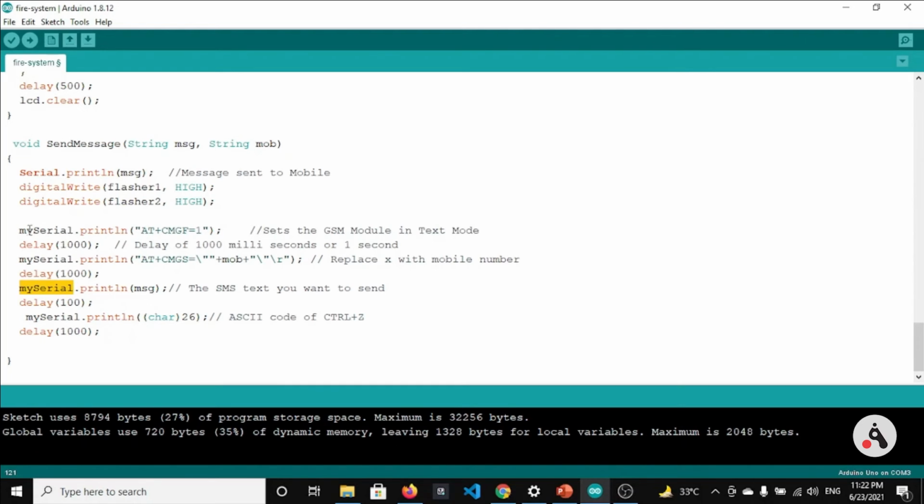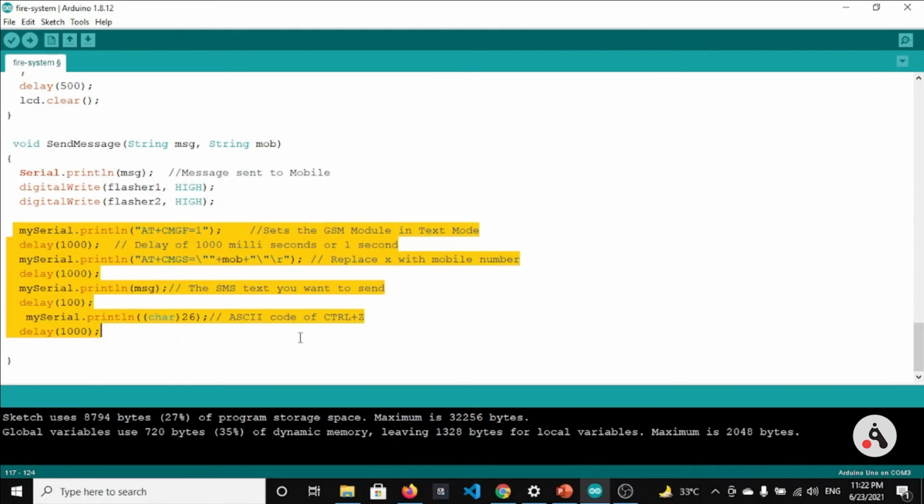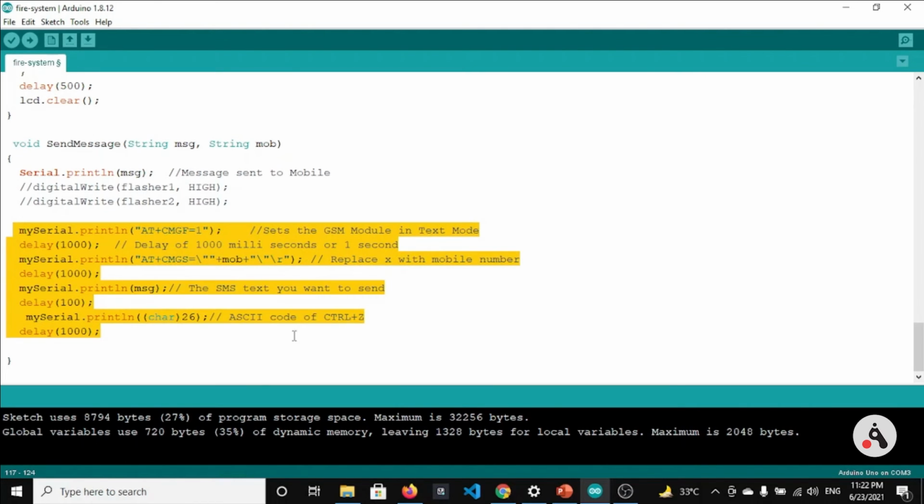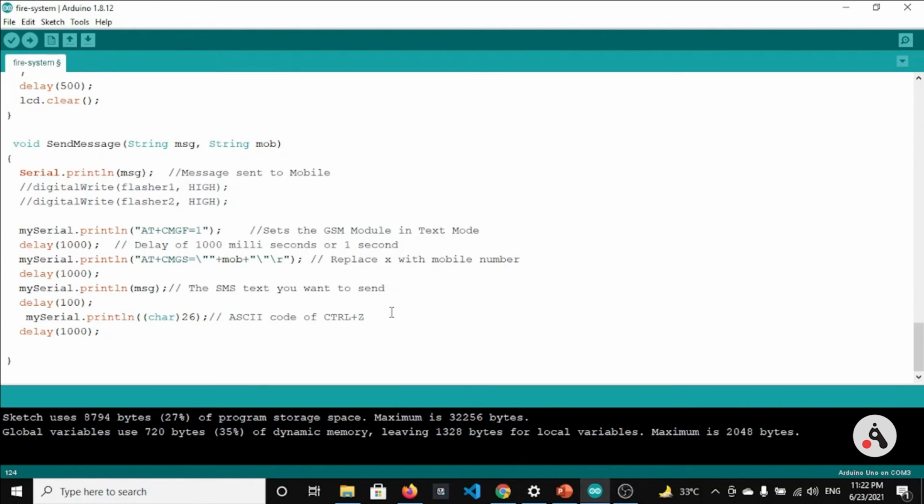We are sending simple AT commands using this library, and using these AT commands we are sending SMS messages using this GSM module. And after this we can ignore these two lines, this flasher line, since we are not using flasher in this project. So these lines of code are helpful in sending the SMS message from the GSM module.